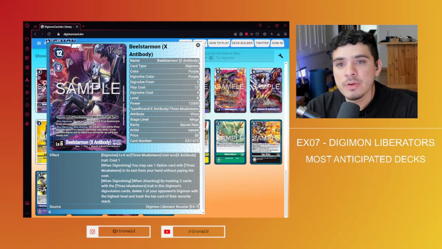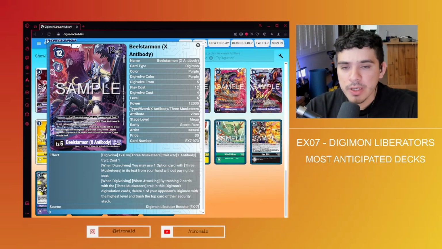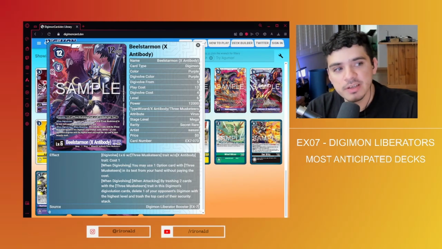The fact that you are tucking things underneath her and then trashing those to pop something on their side and also trashing the top card of security sounds like a really interesting way to go about the deck. You're actually putting option cards underneath instead of Tamers, right? So this one to me is a really interesting deck that I would want to play, especially since I don't have access to the older